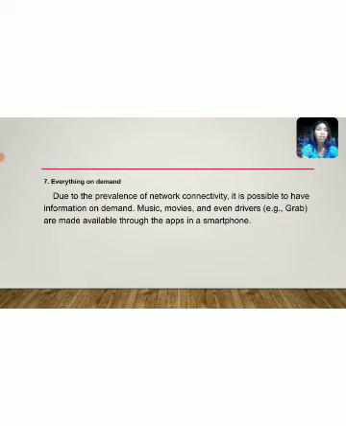You can easily download if you have good network connectivity, and also you can book a Grab taxi by using a cell phone, because it is available in the smartphone. So that is all my report about the overview of current trends.